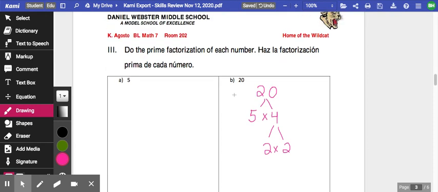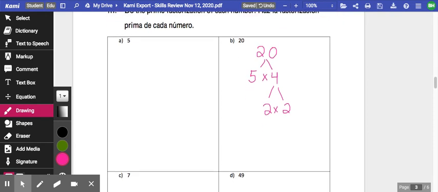Okay, and then I have that factor tree out, so I can say that my answer is 5 times 2 times 2. Okay, did I have to break it down to 5 times 4 first? No, it wouldn't matter. Okay, if I did this with 10 times 2, you'll see that I get the same exact thing. So 2